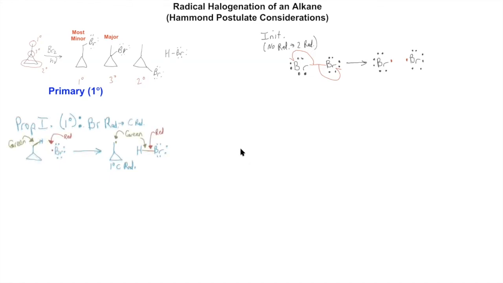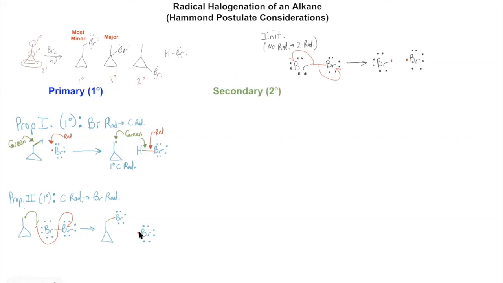All right, so now, am I repeating it? Oh yeah, I was just kind of labeling the colors there. Okay, and now propagation step 2 for the primary. I'm doing the same thing. 1 red electron goes to that bromine, 1 meets up. Meet me halfway. There they are, right? Looking good.